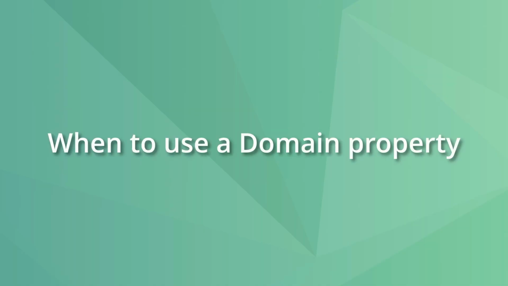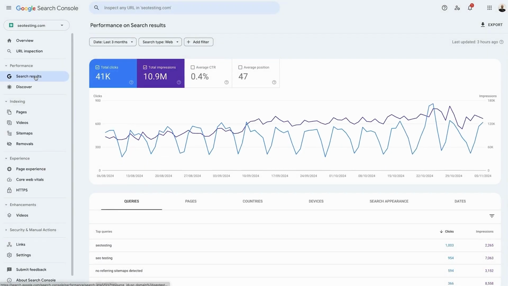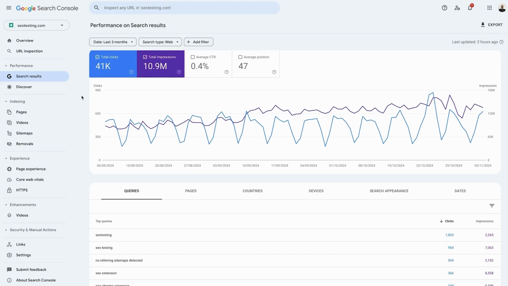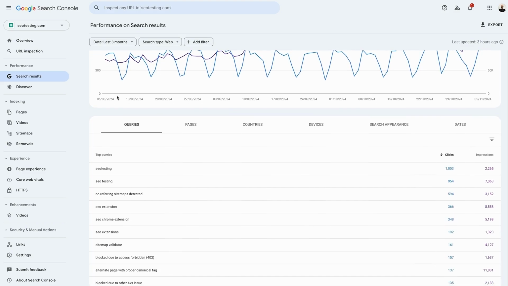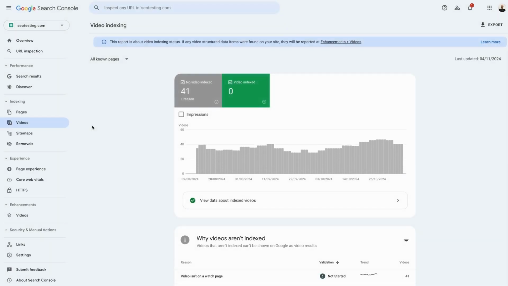You should use a domain property when managing websites that span multiple subdomains and protocols, as it provides a unified view of all site variations. Using a domain property within Google Search Console simplifies the task of tracking performance across these different site variations, rather than setting up and managing various properties for each subdomain. This consolidation allows you to monitor critical metrics like ranking, traffic, and indexing without navigating between different accounts or dashboards. Ultimately, you should use a domain property to simplify your workflow, ensure consistency, and maintain a unified picture of your